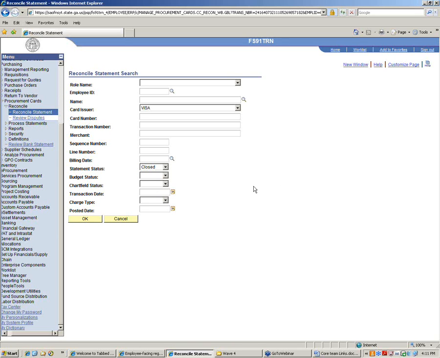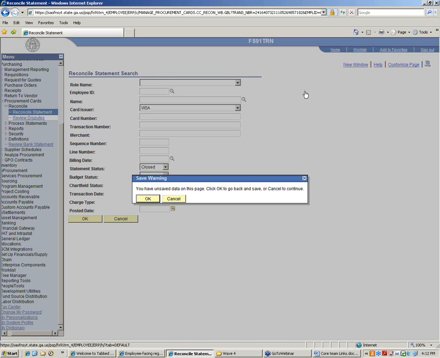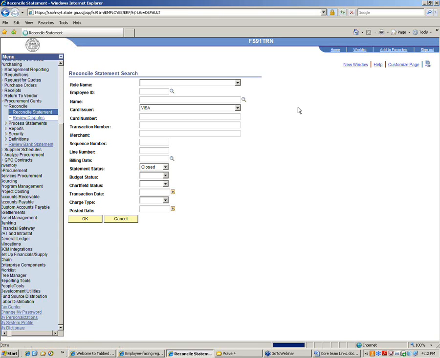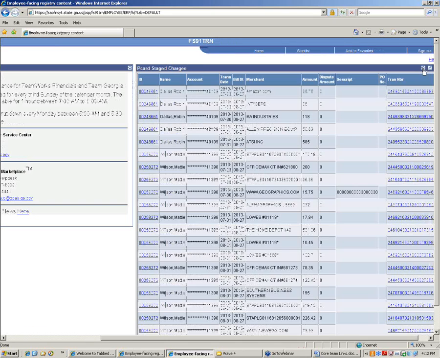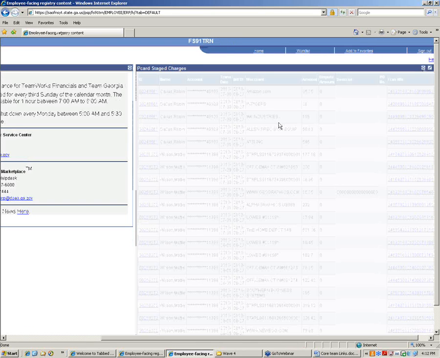Okay, so I'm going to go on now. So that's basically how you do reconciliation: you upload the attachments, make changes needed to the budget chart fields, and set them from stage to verified. And again, you'll notice on my home page, as I refresh, stage to verified. I'm going to go ahead and just take off this pagelet for stage transactions